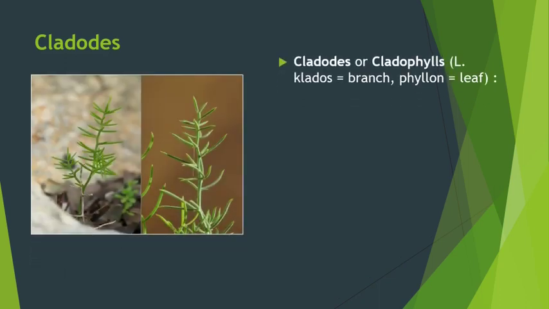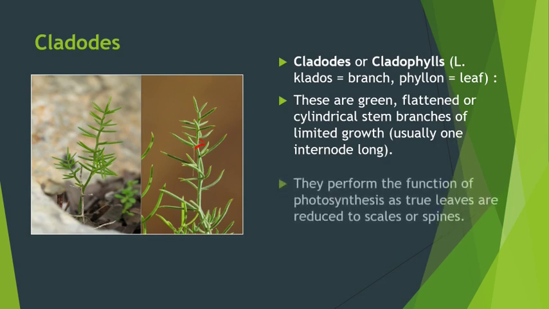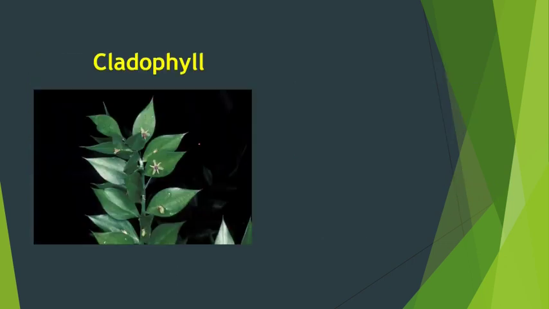Now let us see about cladodes, usually found in xerophytic plants. The stem or the branches become one internode long, very short, and the leaves are modified to form scales or spines which are present at the base here. And why is this modification? Again, to conserve water: no leaves, no stomata, no transpiration. Thus, it will lead to conservation of water. So cladodes are found in the case of asparagus, where the leaves are modified to form scales and spines, whereas the stem is modified to form a one-internode-long branch.